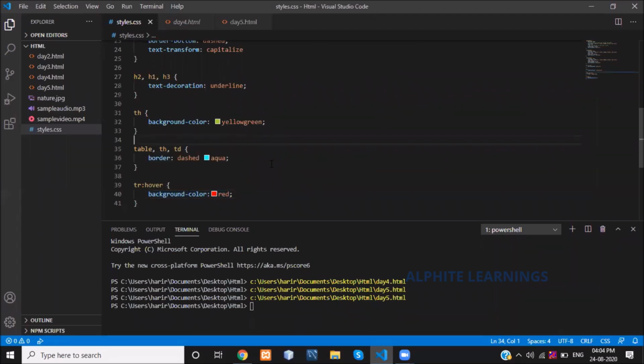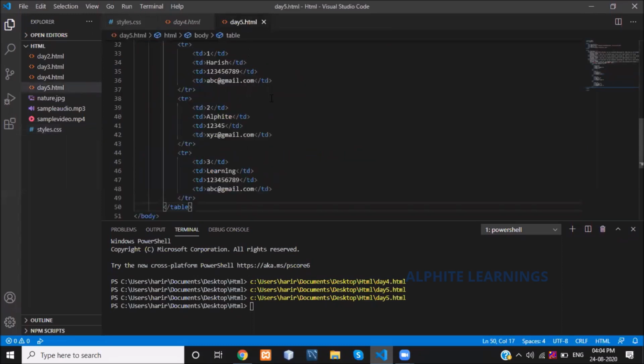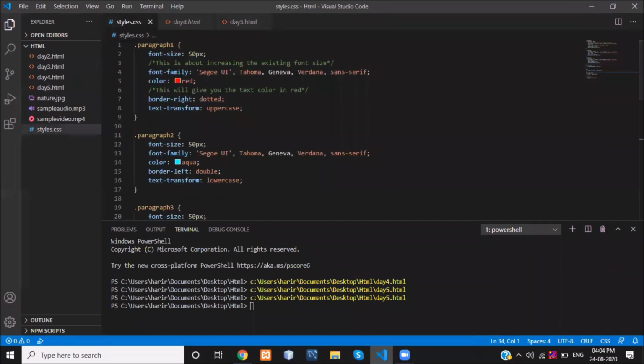Okay, so up to this will end my session. Before ending the session, let me give the summary of what we have learned and discussed today. We have discussed external CSS today. What is external CSS? External CSS is nothing but creating a separate CSS file and referring that CSS file into my working HTML document. The first step is creating the CSS file. What is the extension? File name dot CSS. I have created my CSS file.